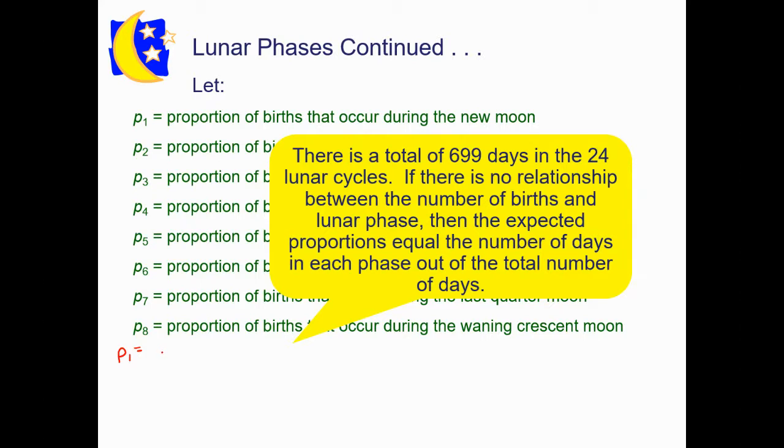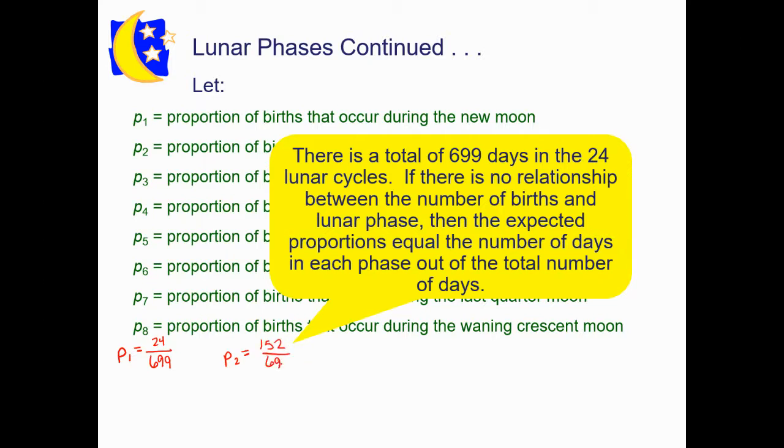According to our table, there were 24 days that were the new moon. So our P1 would be 24 out of 699, the total number of days. P2, well, let's see. We have how many for the waxing crescent? 152